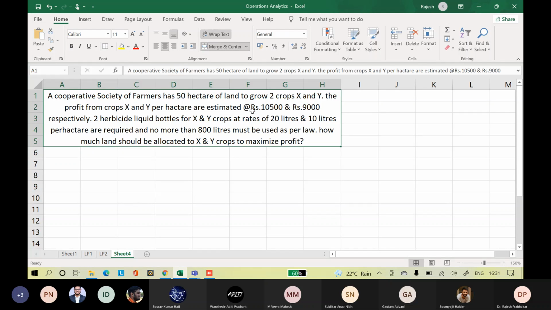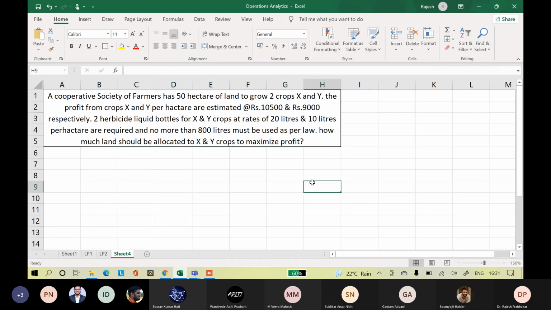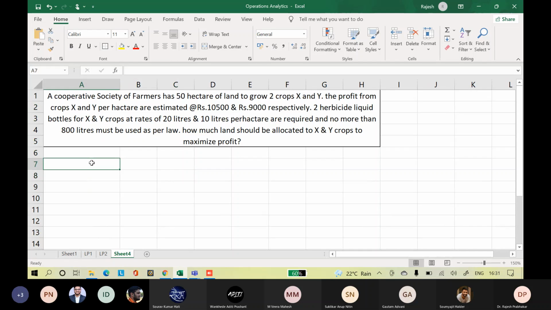This is an allocation problem. So what is the objective function? Objective function is maximize Z. What is the function?